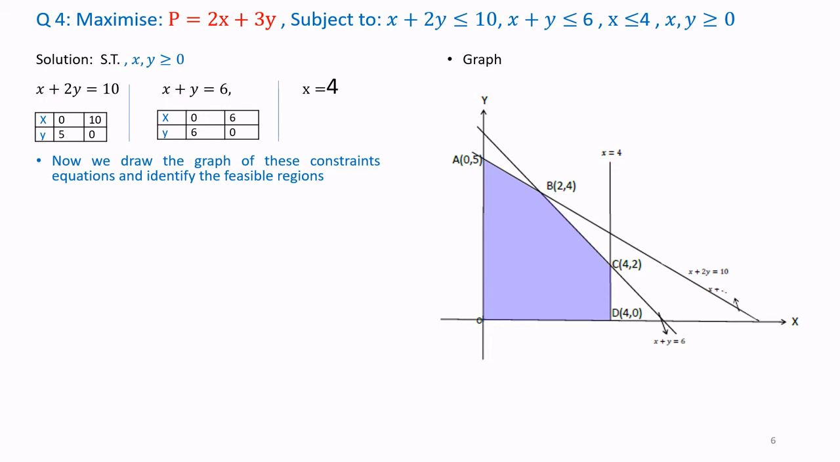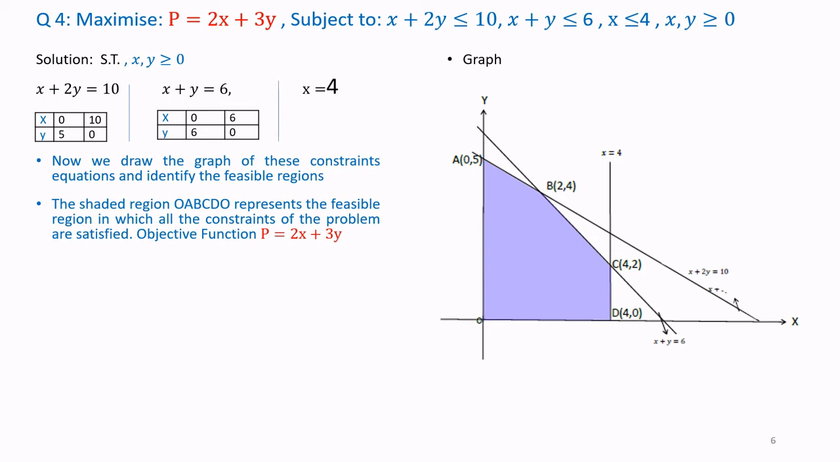So it should be x plus y is less than or equal to 4. If you take a point in this region, the left side is below 4. It should not fall above this. So this region O, A, B, C, D satisfies all the conditions in the constraints. This is by examination. This shaded region OABCD represents the feasible region in which all constraints of the